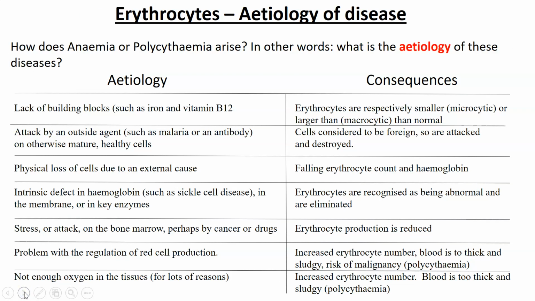Now, how do we develop anemia or polycythemia? How something arises as far as disease is concerned, we refer to as the etiology of the disease. If we're looking at iron or vitamin B12 deficiency, these are the building blocks, if you like, of manufacturing red blood cells. So if they are lacking, as well as folic acid,